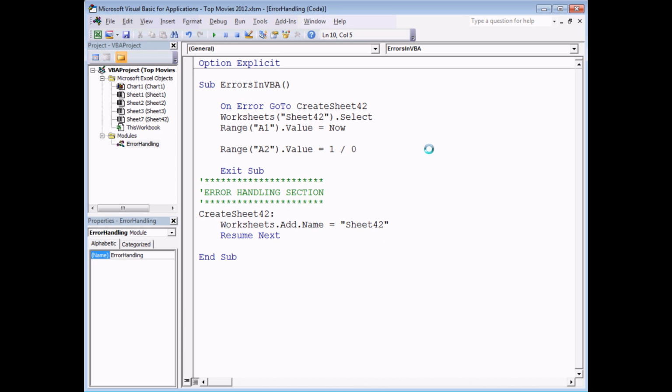And hopefully, as you all know, you can't divide by 0 in Excel. That generates the divide by 0 error. So if I start to step through the routine, bearing in mind that sheet 42 already exists in this particular example, then my error handler gets turned on, worksheet 42 gets selected because it already exists, I set the value of range A1 to the value of the date and time, and finally I try to execute this line of